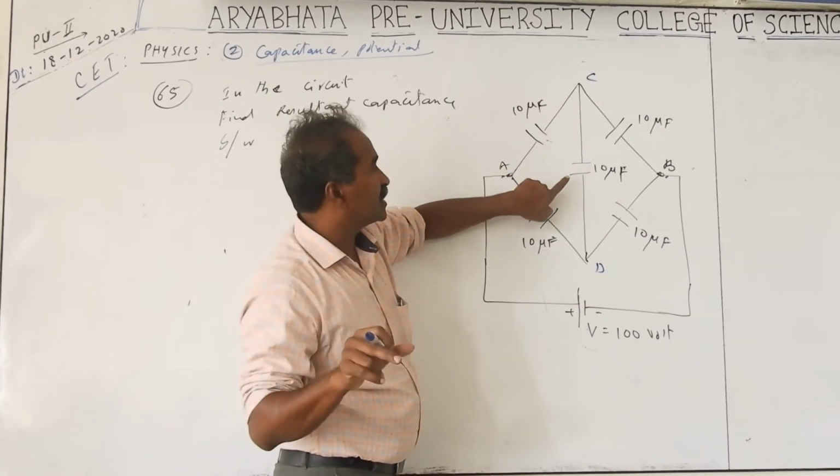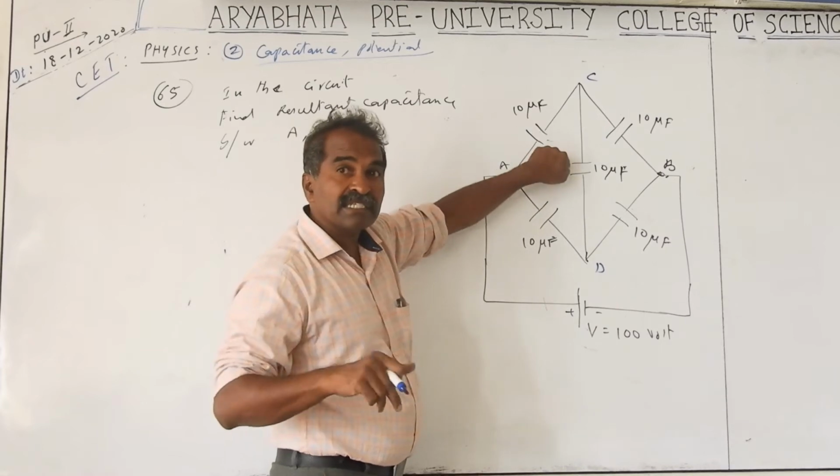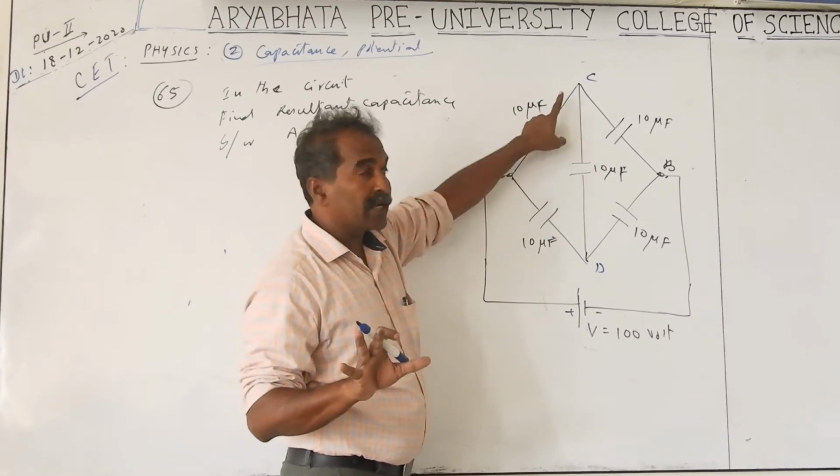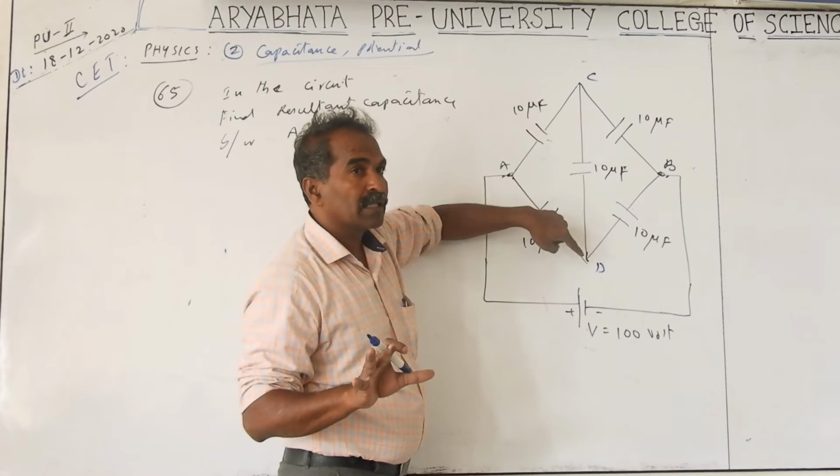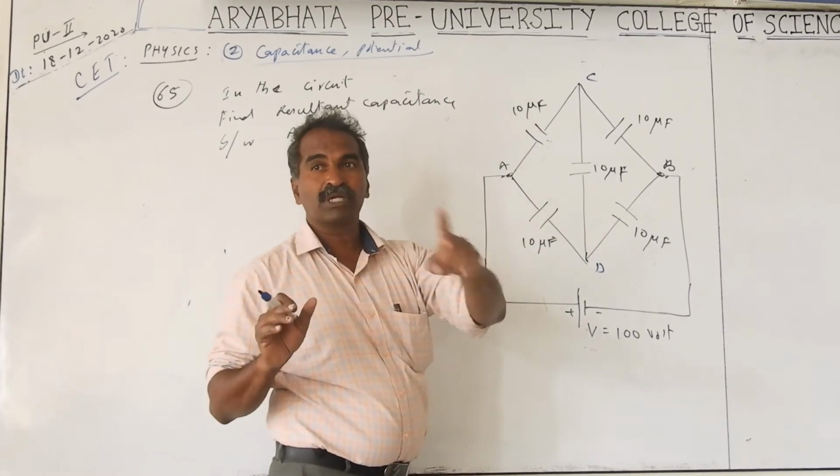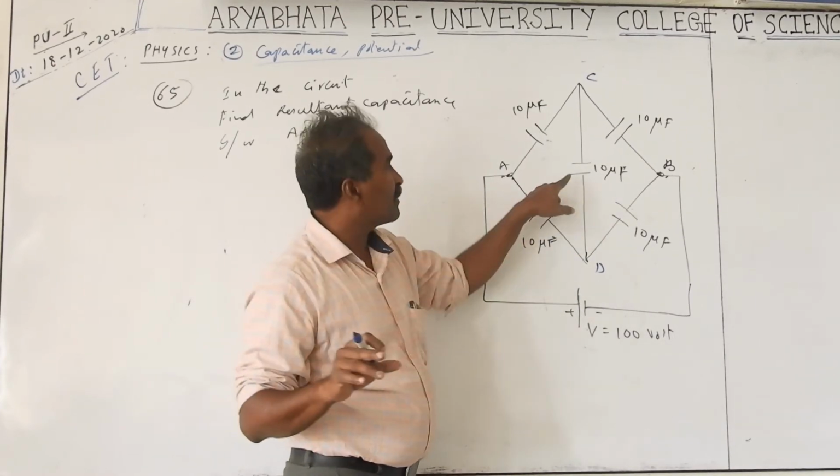If there is no flow of charge, this capacitor will not be charged. If there is a resistance, current will not flow through it, provided the potential is the same across these two terminals. Potential difference is required for the charges to move. Same potential means charges do not move. So this capacitor is not charged.